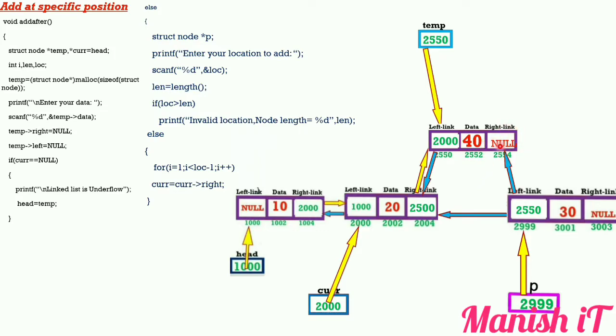Now in this right part we have to store an address of this. The address of that means P. So temp2 right stores the base address of the last node, which is P. When temp2 right equals P, the connection in between has been created. See how it's looking like this. So the connection has been created, and now this connection has been deleted. So this is the addition at a specific position.